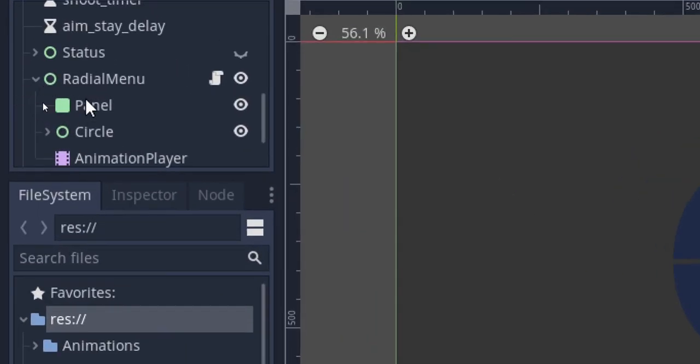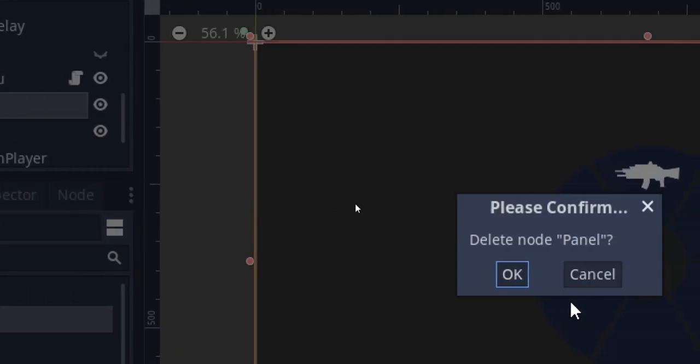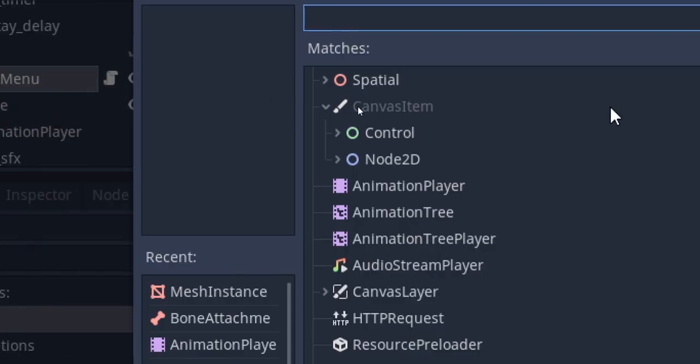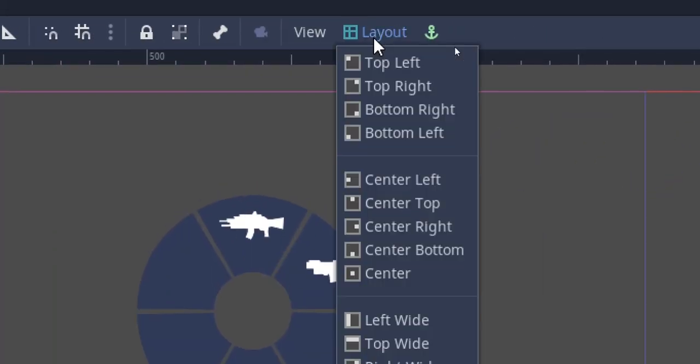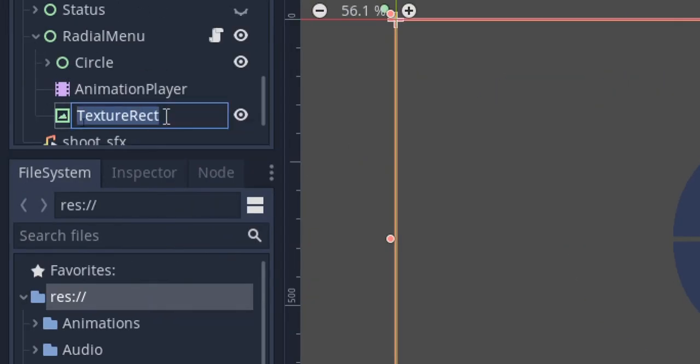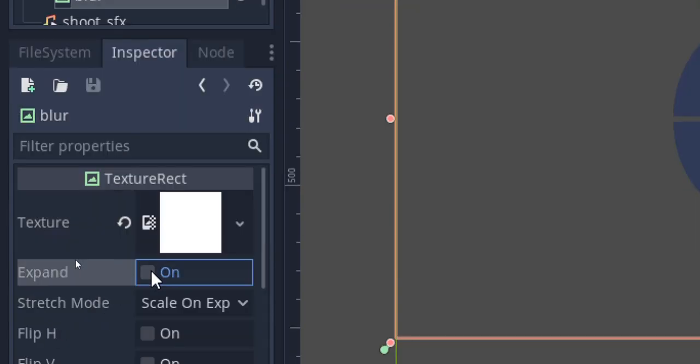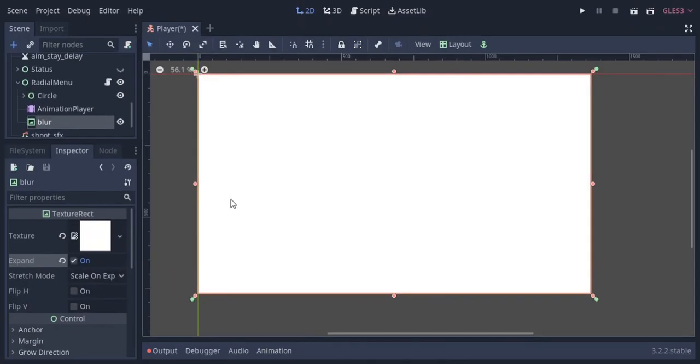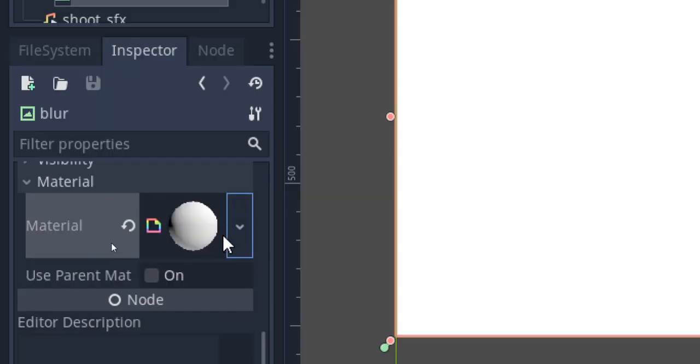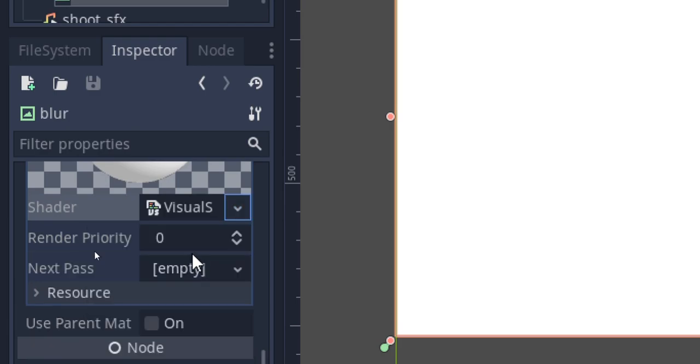In the radial menu, I'm gonna delete the panel to create some better visuals with blur effects. For that, I'm gonna add a texture rect and make it full rect. I'm gonna call it blur. Here I'm going to attach a white 2x2 image that I created and make it expand so it covers the whole screen. I'm going to add a new shader material and add a new visual shader, and the mode will